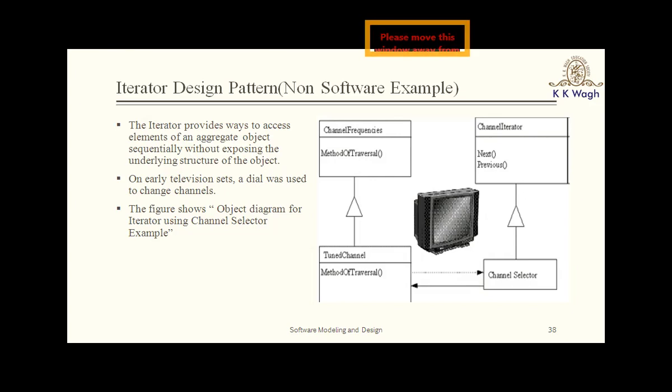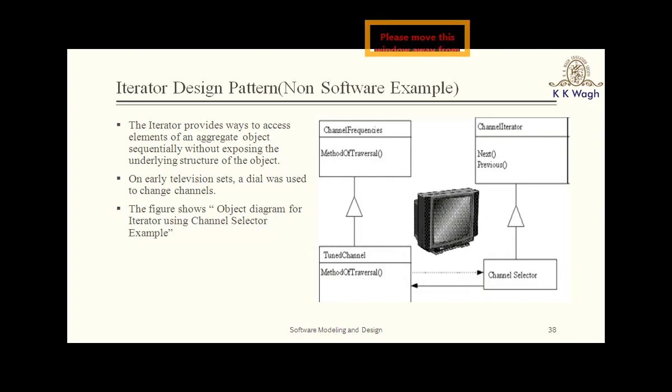Consider watching television in a hotel room in a strange city. When surfing through channels, the channel number is not important, but the programming behind that is. So if the programming on one channel is or is not of interest, the viewer can request the next channel without knowing its number. So this is the essence of using the iterator design pattern.